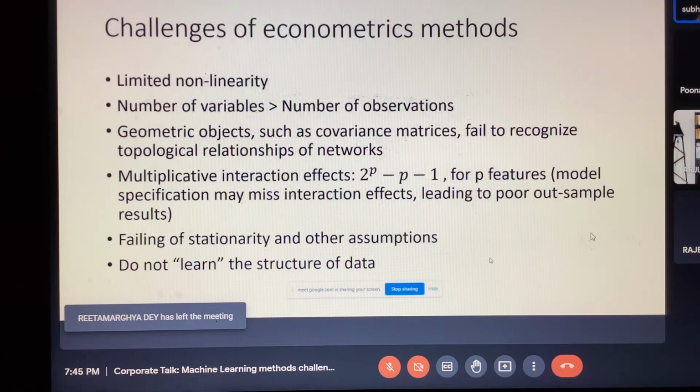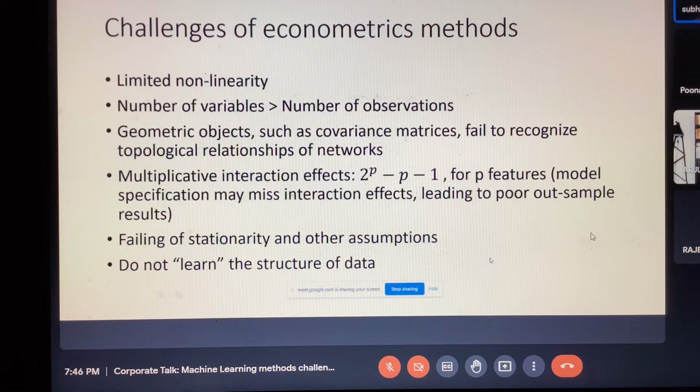So there's something known as feature selection, feature extraction. The models try to understand the underlying hidden features in the data. That is where it comes in, and that makes it very different from traditional econometric methods, because you try to find hidden features and you don't need to worry about interaction effects.